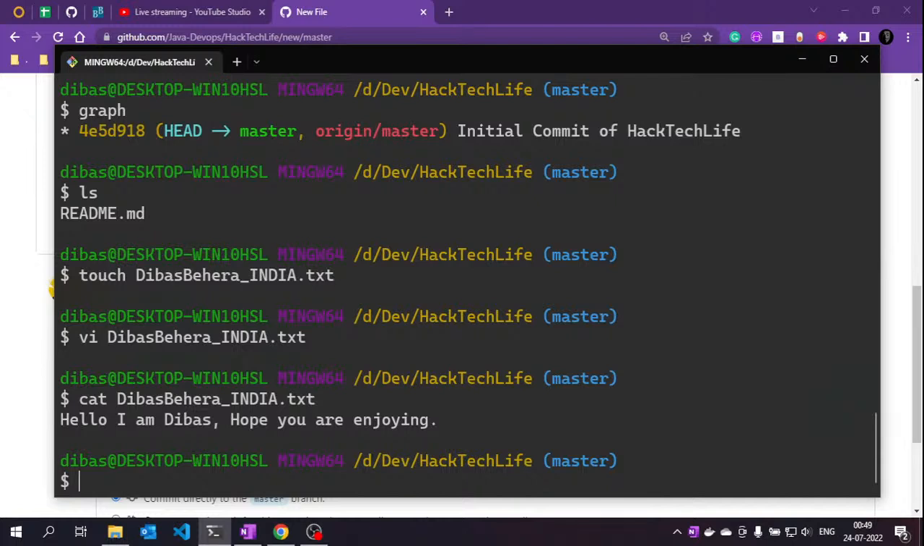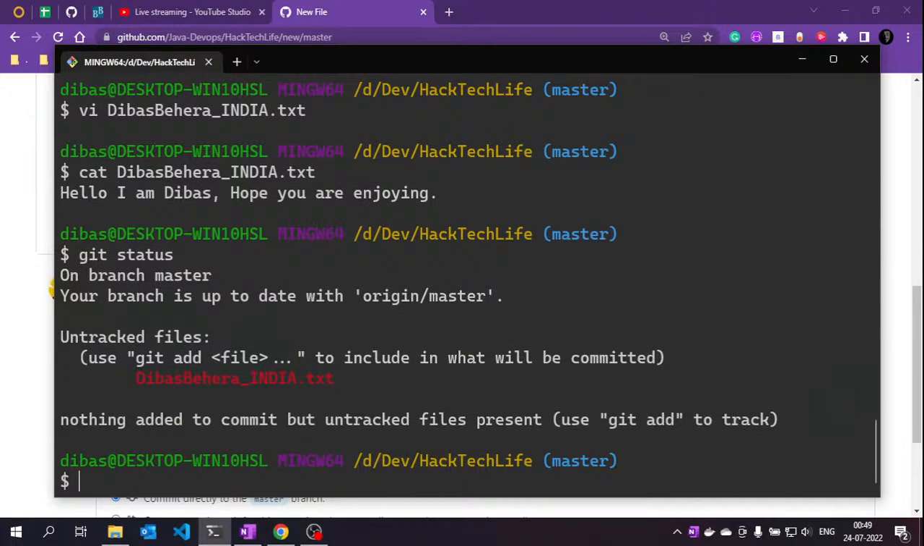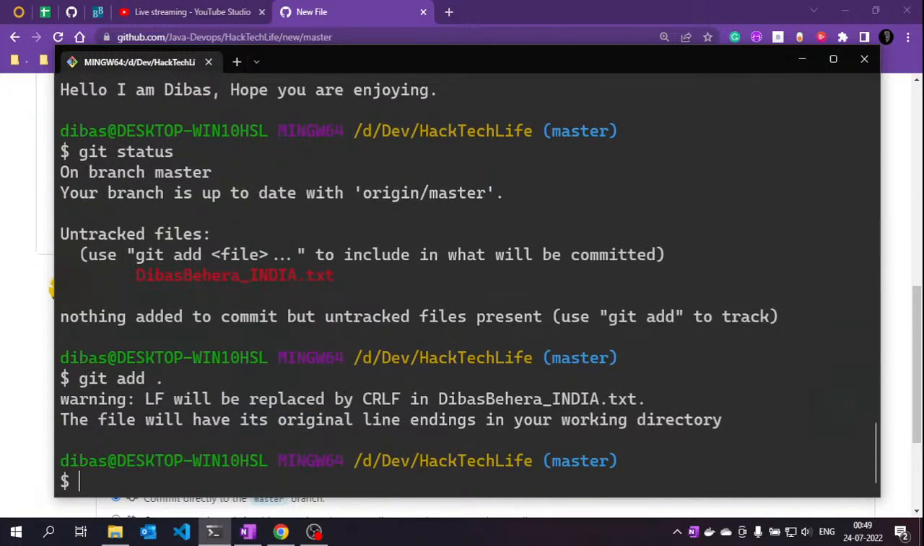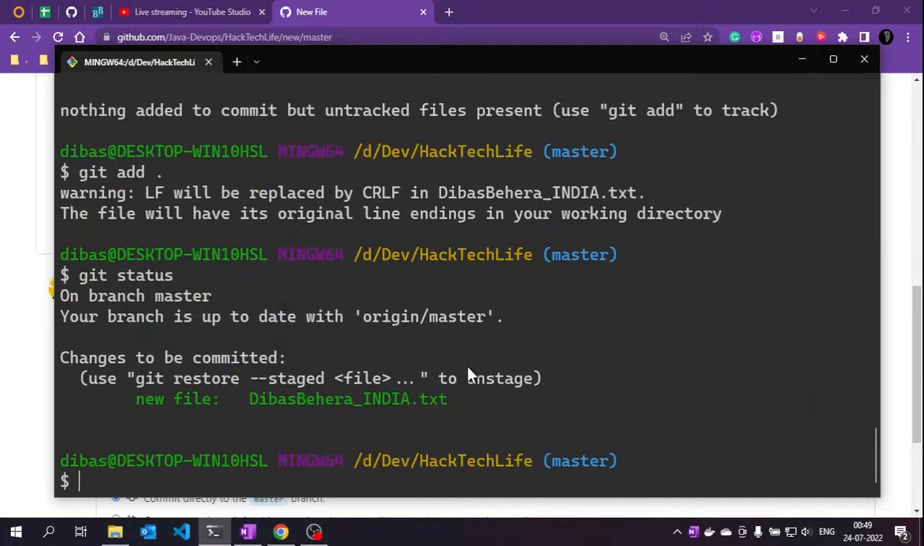Now what I want to show you is git status. The git add dot command is used to add everything you have in your local, irrespective of the text. Okay. Let's move to what I was telling you, which is